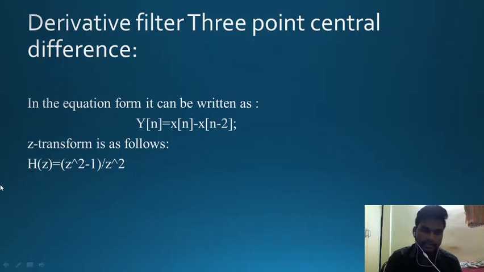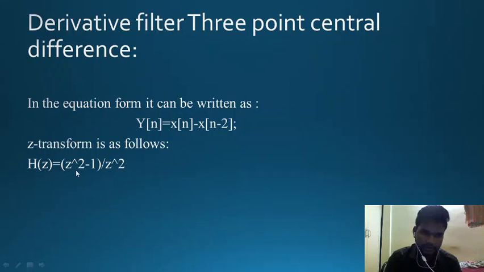3-point central difference is the difference between the present sample and the past third sample from the current one. That is, if we take the present sample as x of 4, we have to take the past third sample. That is, x of 4 is the first one, x of 3 is the second, x of 2 is the third. So that is the 3-point central difference. If we apply Z transform,